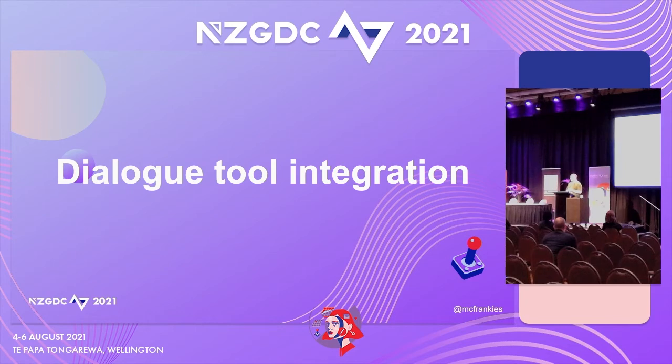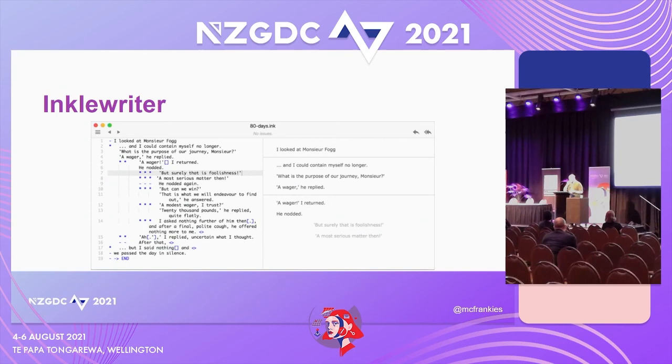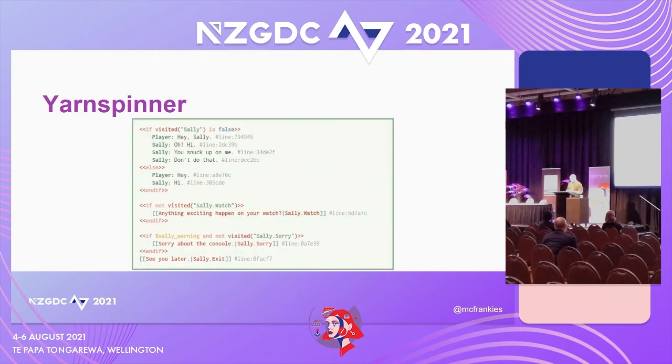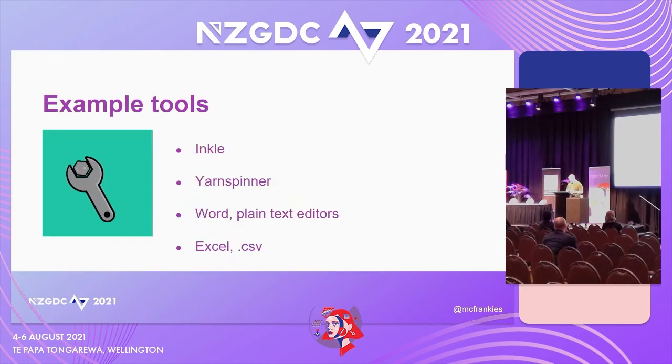The design team played around with a few different tools, such as Inklewriter, which is a tool which keeps the branching narrative organised so that designers can focus on the writing and content. We also looked at Yarnspinner, which is a very similar tool to Inklewriter. Alongside that, we saw people building text in Word and plain text editors, and more commonly, Excel and CSV. Other than the first two,